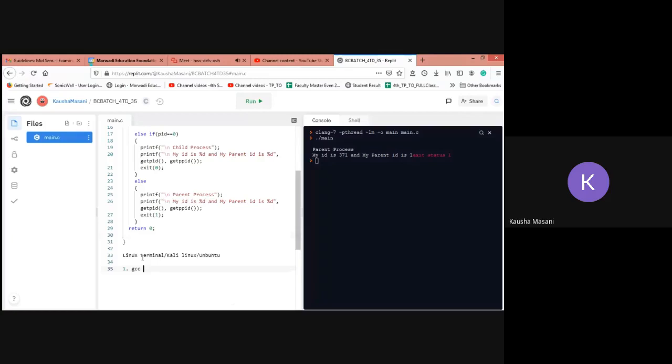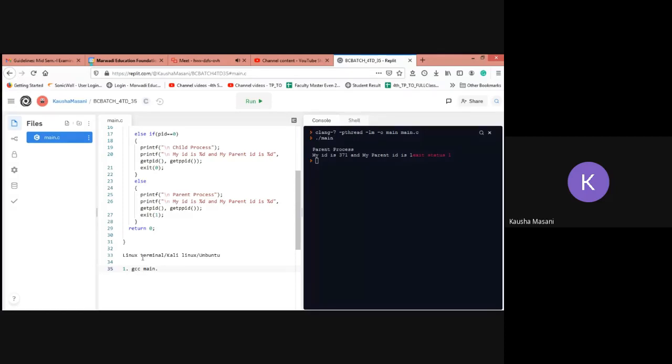Okay. Now I'm writing the steps here so that people who are not present and watch this video again will get help from it. For those using the Linux terminal, or your Kali Linux, or your Ubuntu, in your terminal the very first step is gcc space your file name, whatever it is, practical35.c or main.c, not sh.